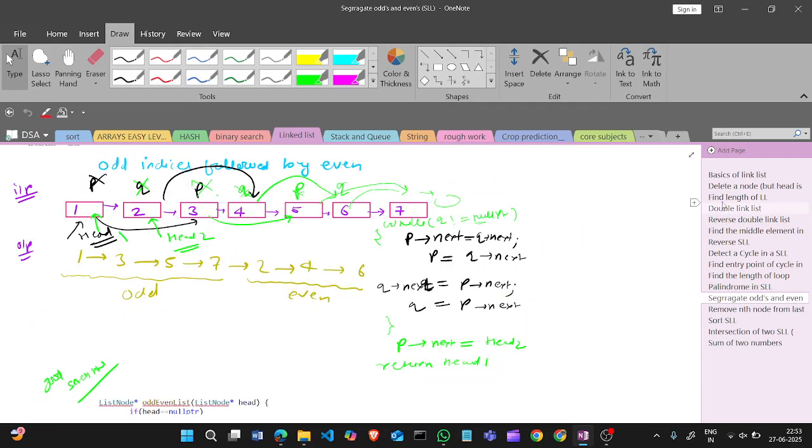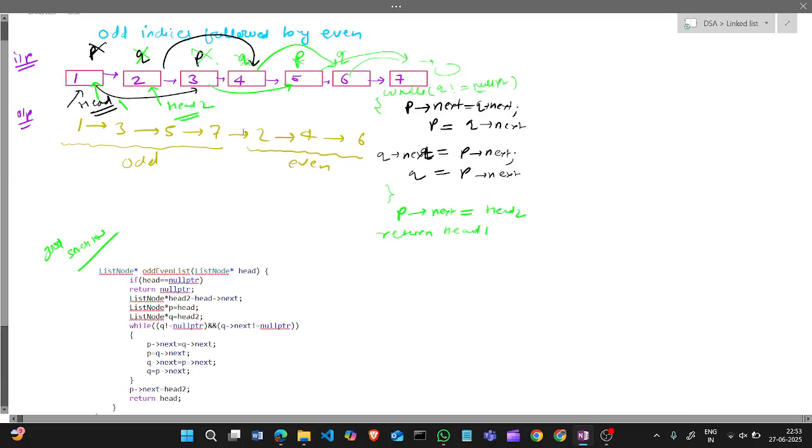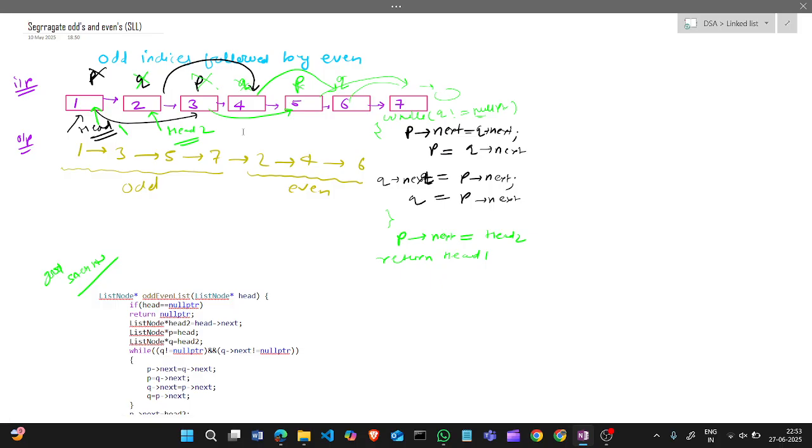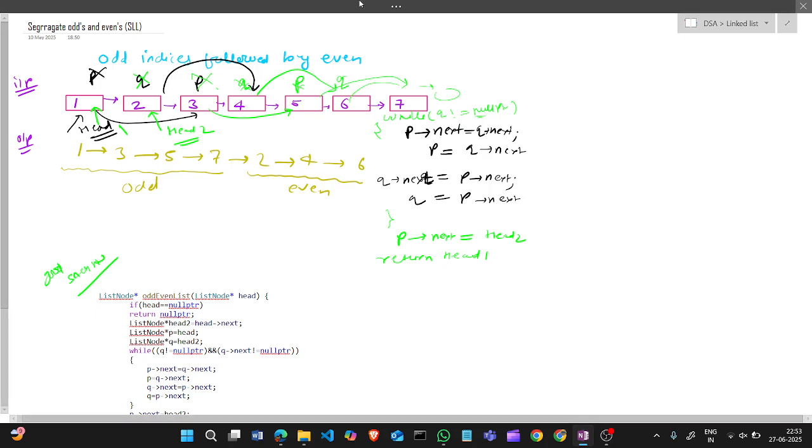Now check this. So what is this question? Segregate the odd and even single linked list nodes. Okay. So segregate the odd and even. Okay. So check what they are doing. Okay. So 1 2 3 4 5 6 7 is here. Then in this question, first I want the odd ones. Okay. And then I want